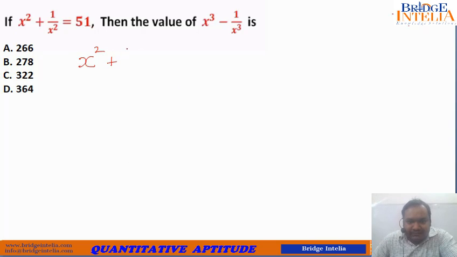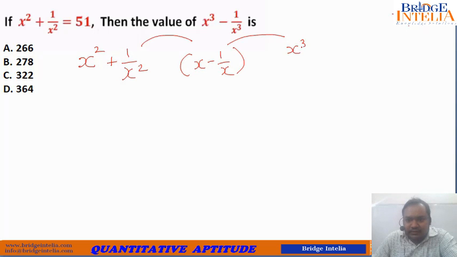You have been given the value of this. So from this you first need to find the value of x minus 1 by x. Once you have done that, then you would be able to find the value of this. So this is what is meant by two steps of transition. So let's first focus on this part of transition. That means let's focus on finding the value of x minus 1 by x whole square.